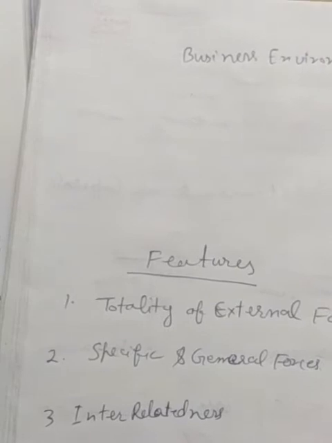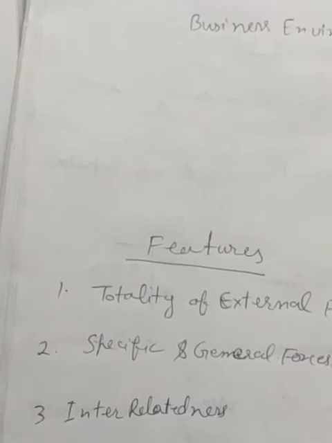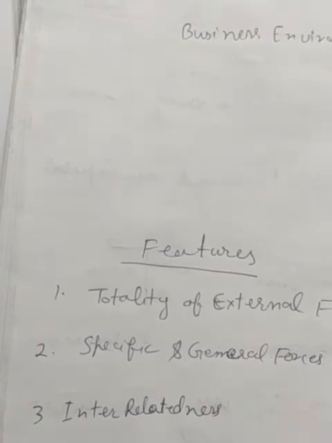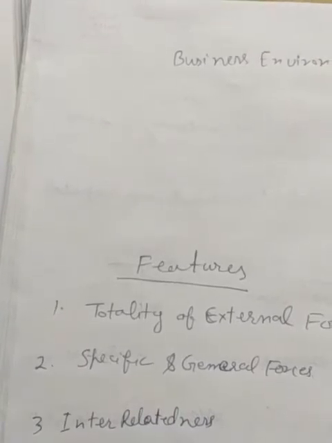Let us discuss third, that is interrelatedness. Different elements or parts of business environment are closely interrelated. For example, increased life expectancy of people and increased awareness of health care have increased the demand for many health products and services like soft drinks, fat-free cooking oils, and health resorts. New health products and services have in turn changed the people's lifestyle.